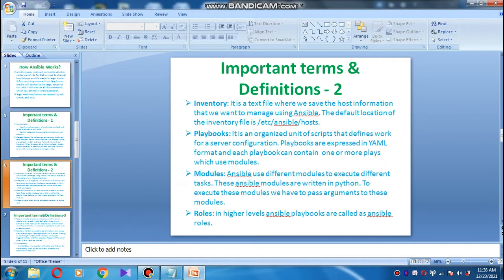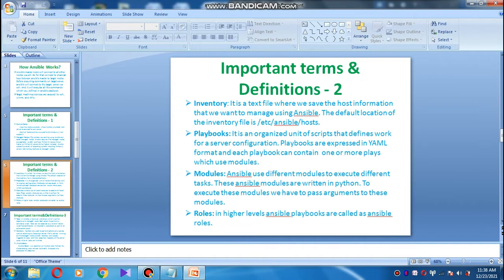Ansible uses different modules to execute different tasks. These Ansible modules are written in Python. To execute these modules, we have to pass arguments to them. Roles. Higher level Ansible playbooks are called Ansible roles.